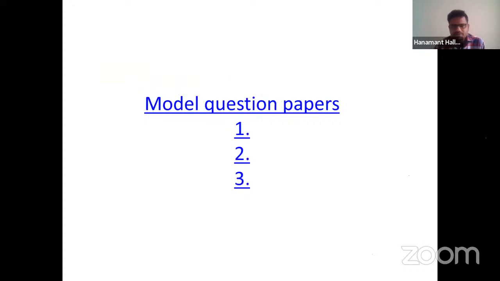So for the help of the students for JRF and SRF and other exam preparation, I have prepared a few question papers. So if you wish, I can also share these question papers with you through your teacher. So you can use these question papers for your exam preparation. These question papers contain the general questions from agronomy from different topics. So there are a good amount of questions that I'm showing you.